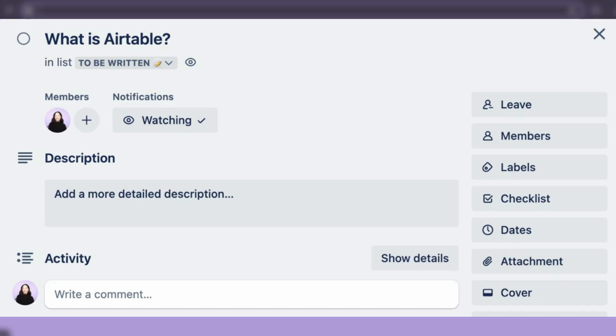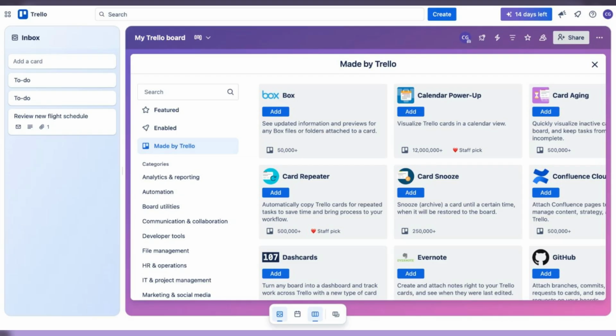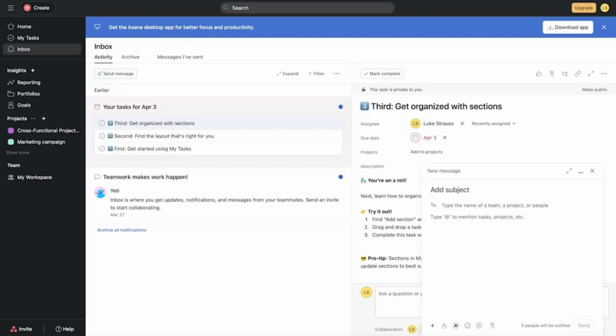Trello has some major limitations that make it tough for big teams to manage projects. The biggest one, you can't assign tasks to individual people. Trello is better suited for individual project management, especially with the new Trello Planner. It lets you sync your calendar and then drag and drop items from your Trello inbox into your calendar to help plan your day. When you contrast Asana's features with Trello, it's clear that Asana is better suited for managing